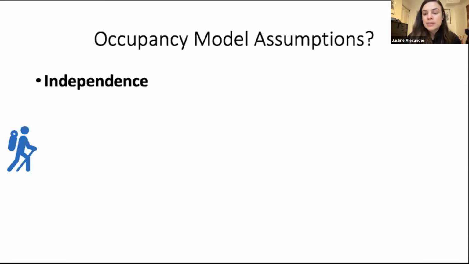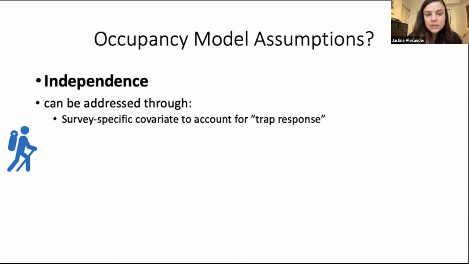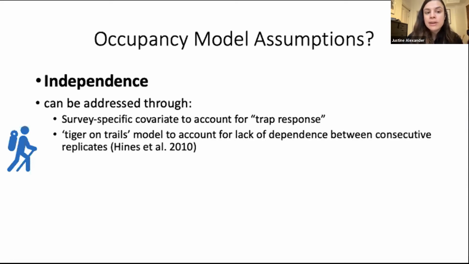And another example, as Chloe said, is if a snow leopard is trap happy or shy, this influences future detection histories, right? So that's important to consider, but you can use a covariate to deal with that. So you shouldn't be worried if that is something you're worried about. And also what Kustub mentioned, you can deal with